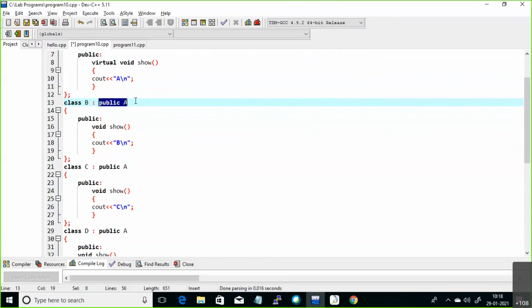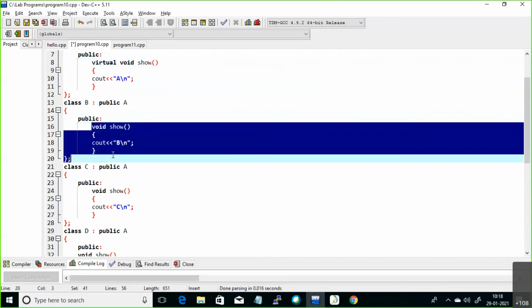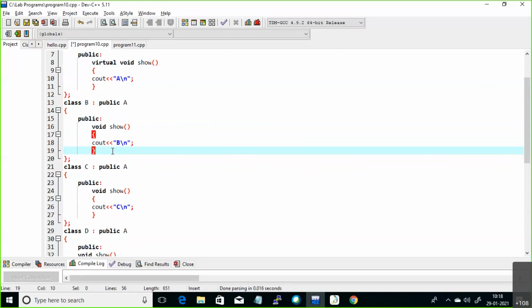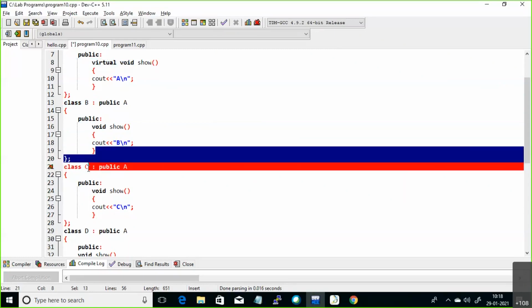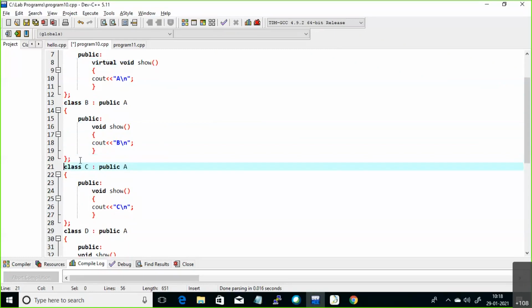Up to here it is single inheritance. Whatever this show function is, I'm just overriding it inside this derived class. Then I'm creating class C, deriving from class A only.